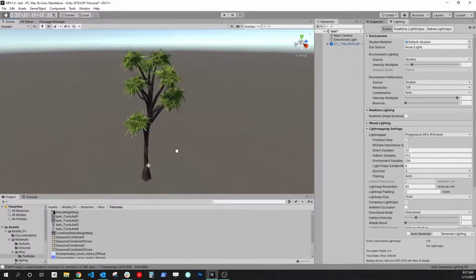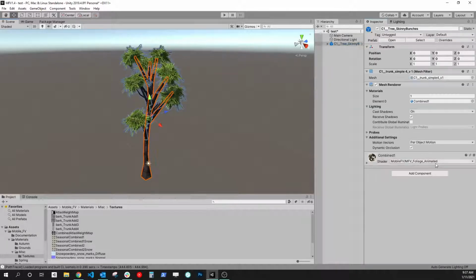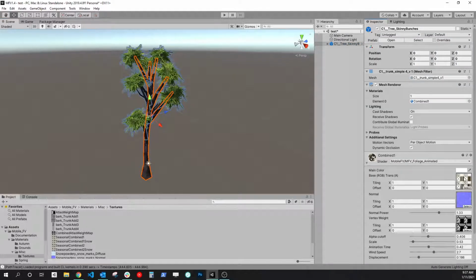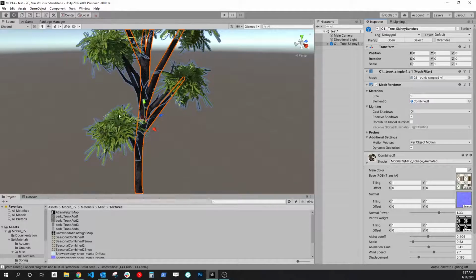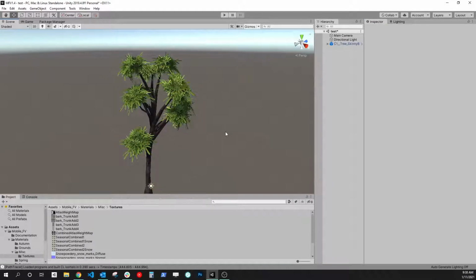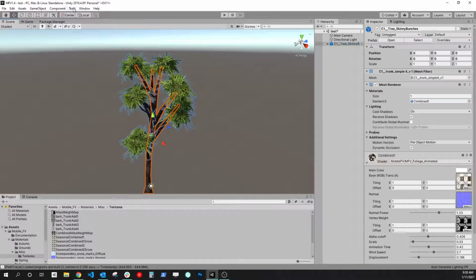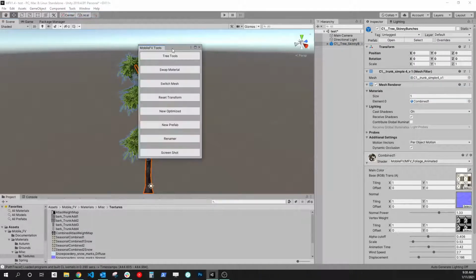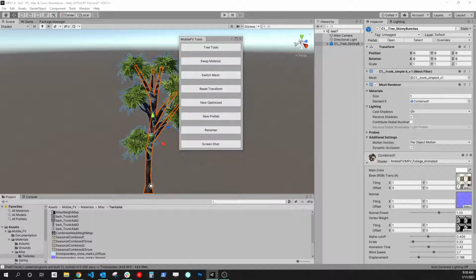All right, so this single tree is using our basic combined texture, as we already saw. Notice I also have the vertex weight map updated as well. So we do have some basic moving that can be controlled. So what we have here is a tree that, if we open up our tools, and I'm just going to go to the switch mesh tool, put this down here,